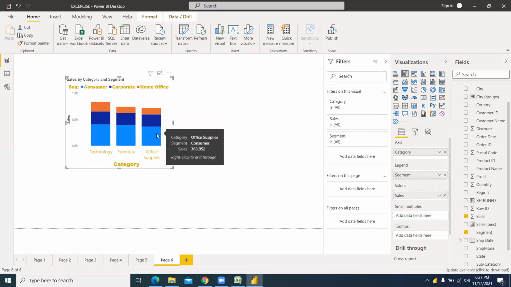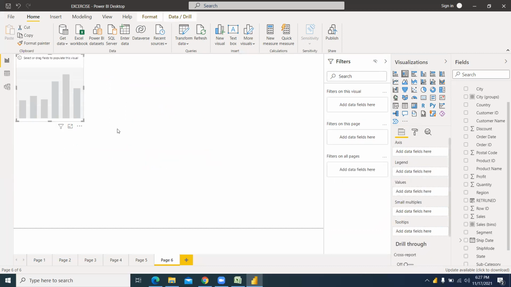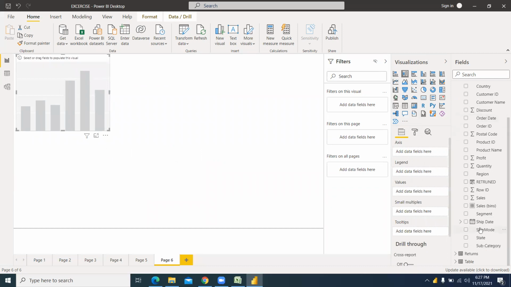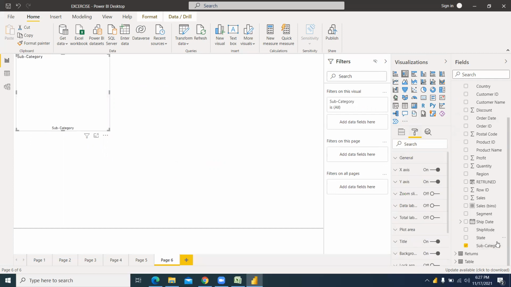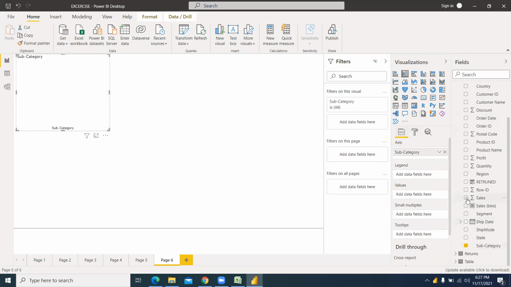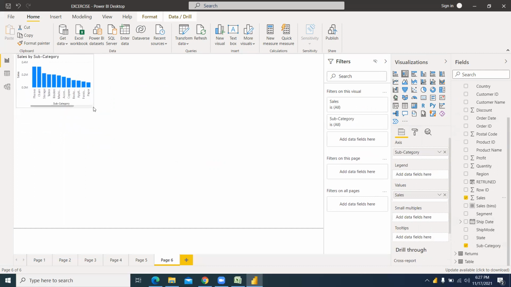First I'll use a different thing here. I'll take maybe subcategory in the axis, and I'll take sales values. So when you minimize this report, let's say you need to show the report, you have a space only this, and you need to show this graph. So what will happen when you are showing it like this,